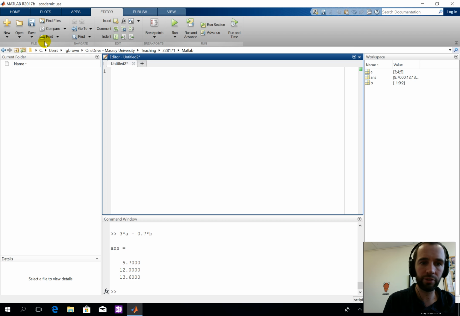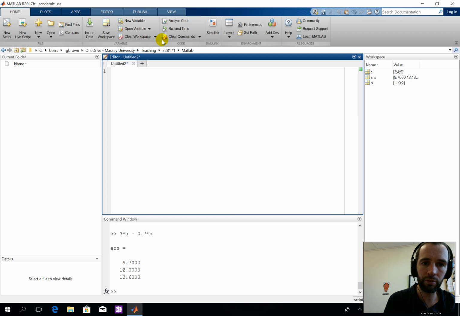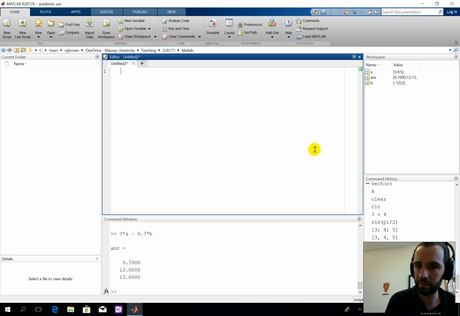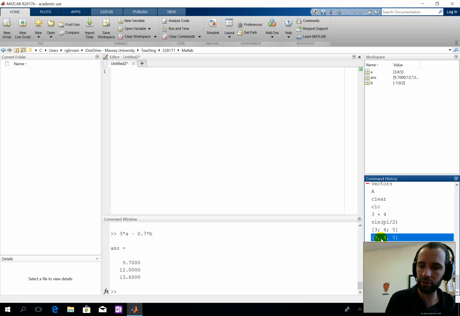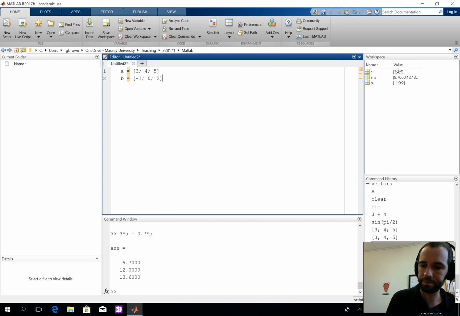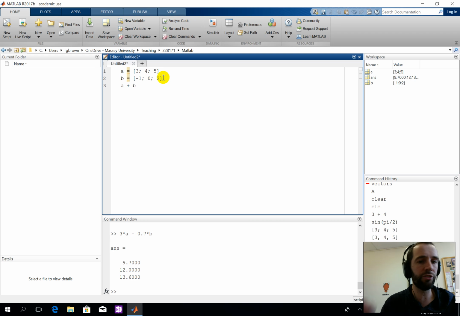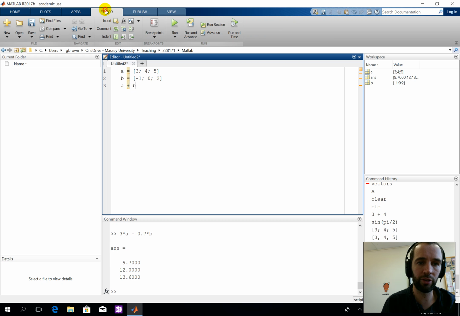Also, if we can't see it, we can go to Home and View, or Layout, and I'm going to also get my command history. You notice here it's a useful little list of our previous commands, so I'm going to copy and paste some of these and put them into my M file. So all this file is just a set of MATLAB commands, one after the other, that I can save in a text file, and when I'm ready, if I go back to Home, back to Editor, if I click Run,